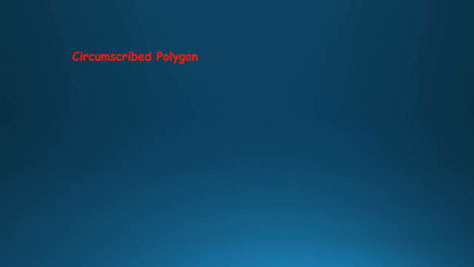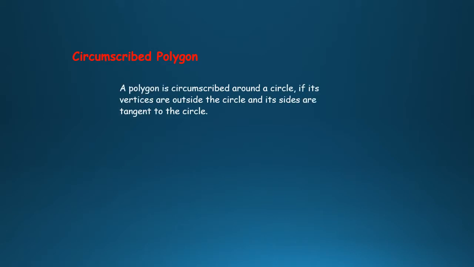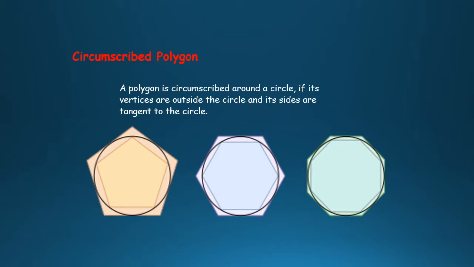Next is a circumscribed polygon. A circumscribed polygon is around a circle if its vertices are outside the circle and its sides are tangent to the circle. By the way, you must understand that tangent means to touch. Okay? Look at these